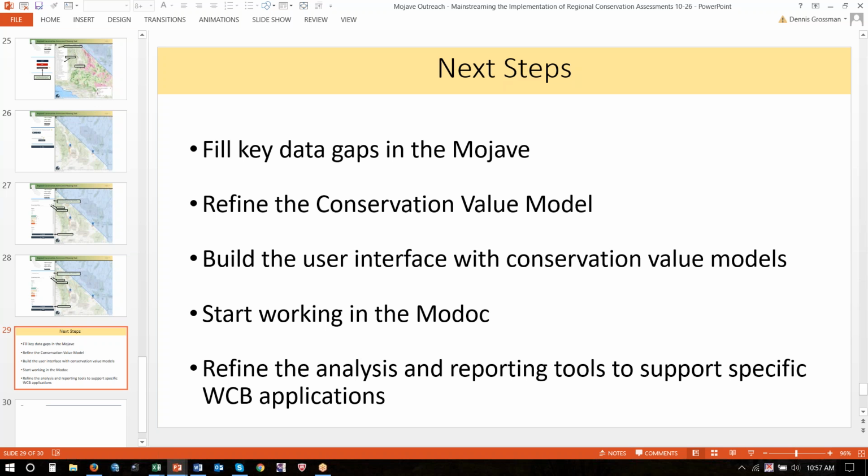Any other comments, thoughts? Yeah, this is Stephanie. Thanks for the presentation. I just had a question regarding coordination with the Department of Fish and Wildlife on this methodology for RCAs and alignment with their guidelines, and also a question on outreach or attempts to coordinate with San Bernardino County's effort to do an RCIS and integrate this information into their process.